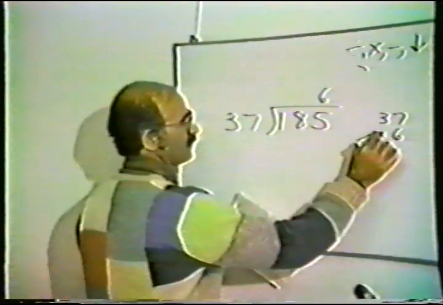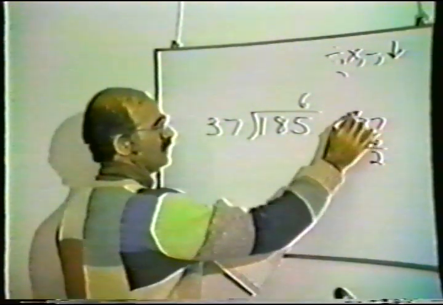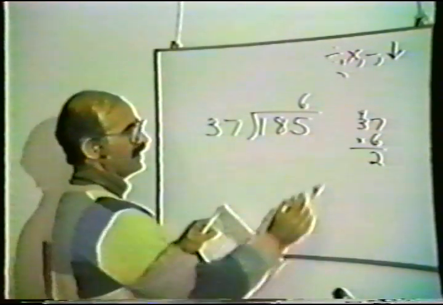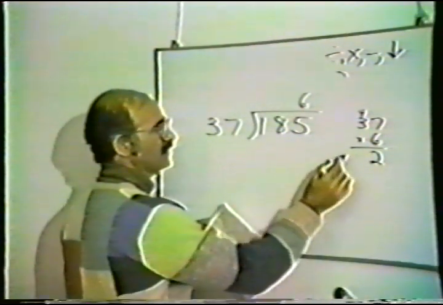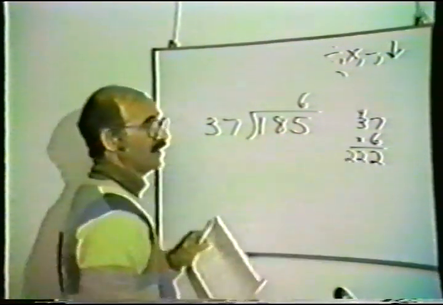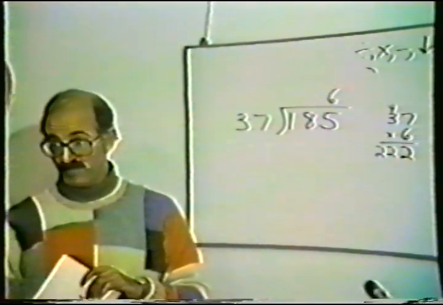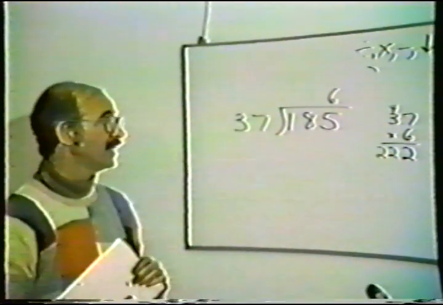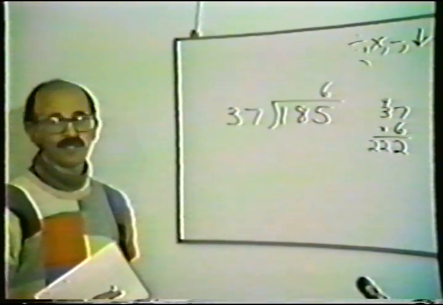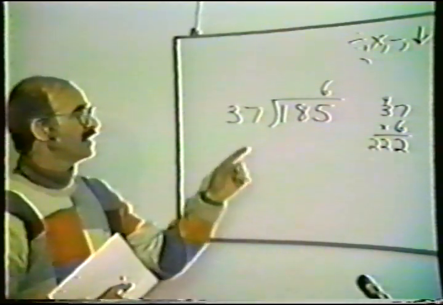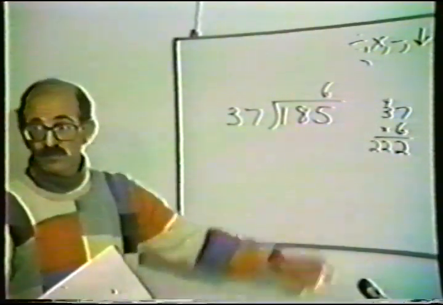37 times 6. 7 times 6 is? 42. Put down the 2, carry the 4. 3 times 6 is? 18. 19, 20, 21, 22. 222. Is that good or bad? Bad. And why is that bad? Too much. It's too big. We don't have 222. We only have 185. If we try and pull 37 out of that 6 times, we'll have to use 222, and we don't